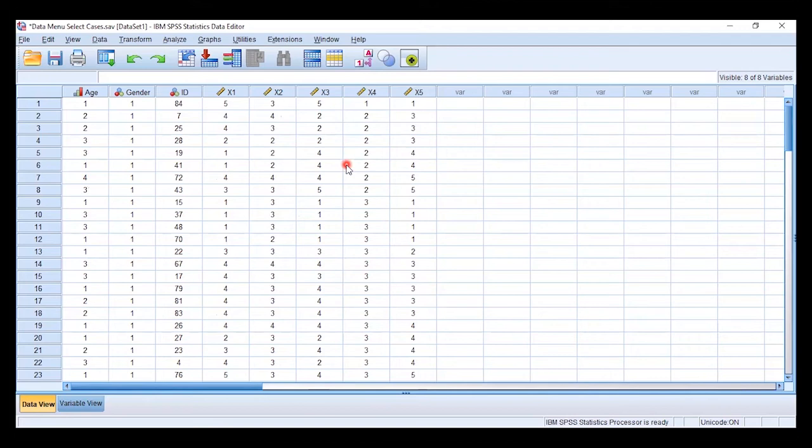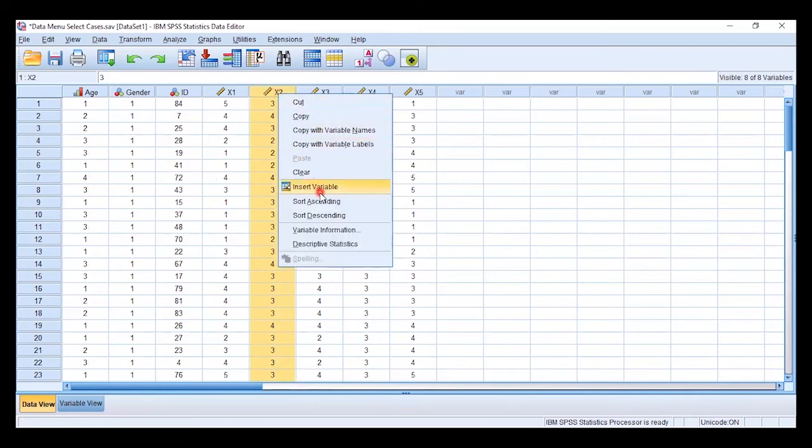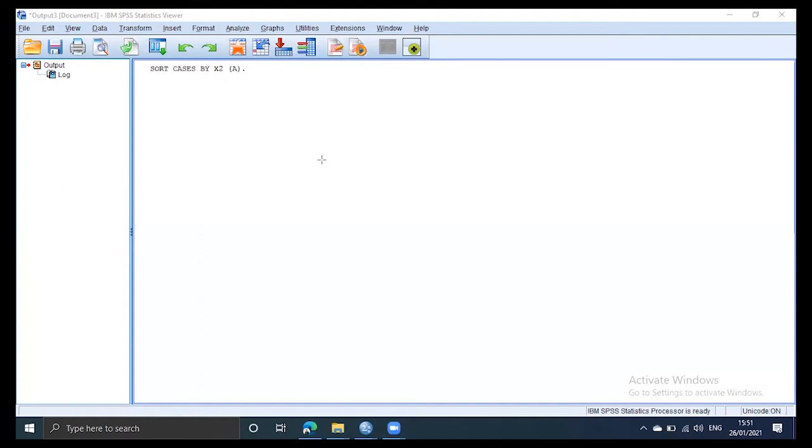Now here, we are going to do this column by column. For example, we want to select this one. Select it, right click with your mouse, and then you will get this window over here: sort ascending and sort descending. So we want to first sort ascending. If you click this, this type of window will appear, and this is the message that your technique has been executed properly.